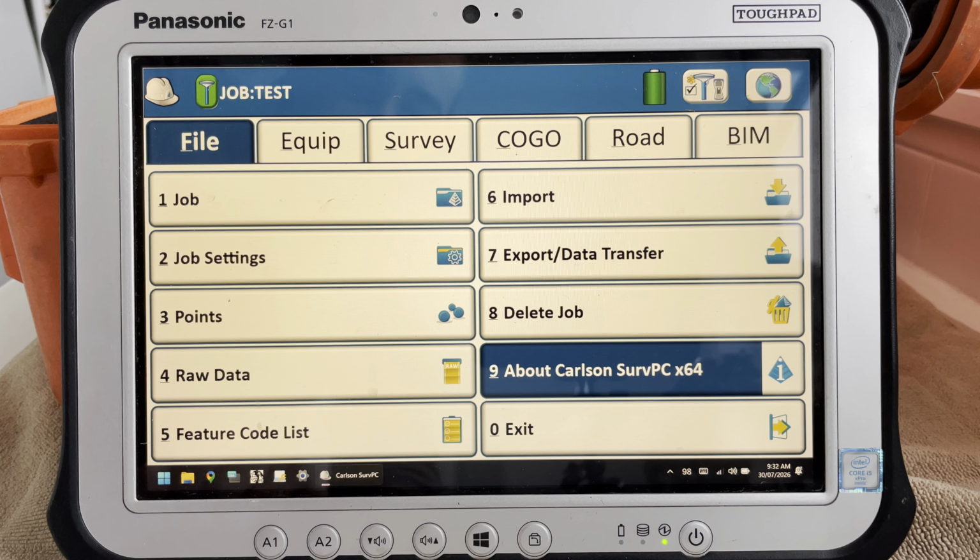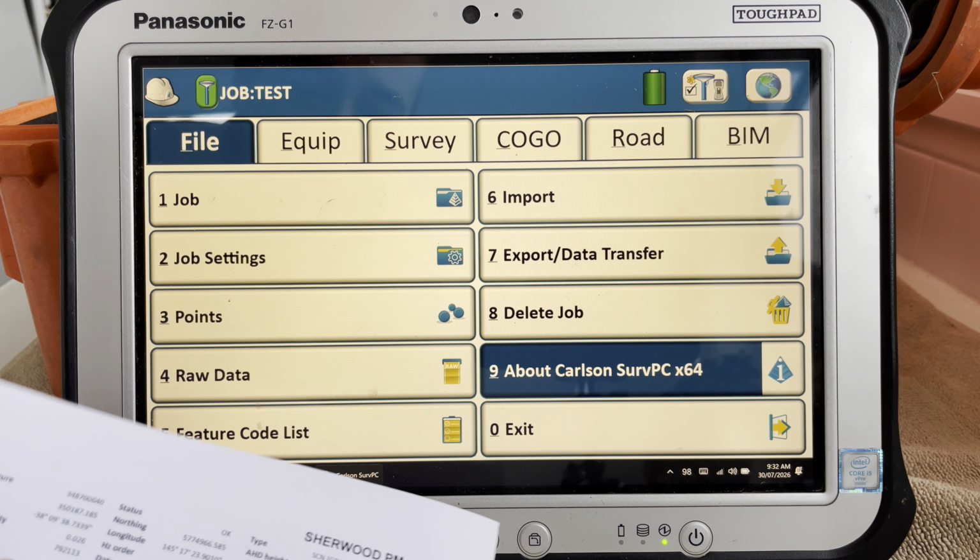Hey guys, I just wanted to show you a quick tip that I needed to use yesterday when I was trying to find a permanent mark that was sort of buried in the middle of a reserve, and it was really hard to find otherwise. I just used the GPS to locate it, and some of you guys probably know this, but